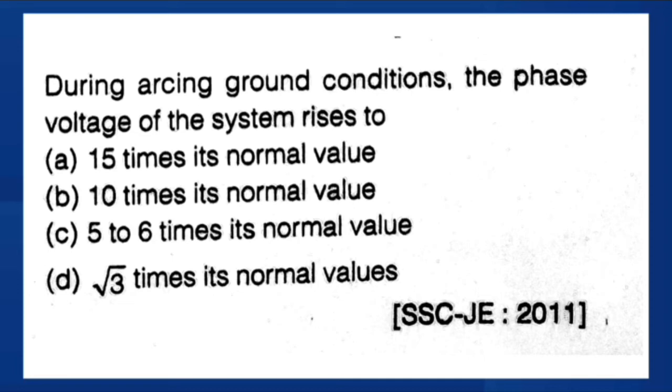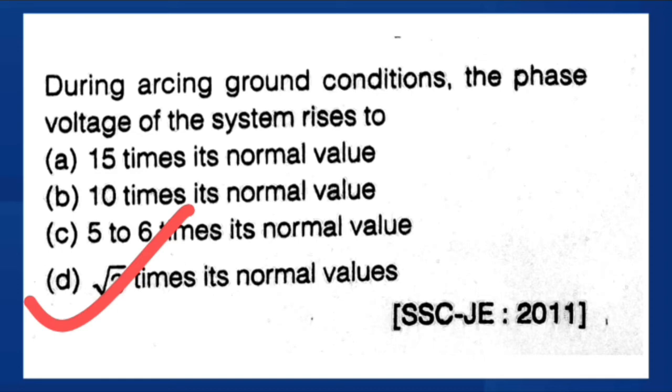Arcing ground is a phenomenon in an ungrounded three-phase system because of the capacitive current. The voltage across the capacitance is phase voltage. During the fault, voltage across the capacitance reduces to zero in the faulted phase, while in other phases the voltage is increased by a factor of root 3 times. Also remember that surge voltages due to arcing ground can be eliminated by using an arc suppression coil or Peterson coil.